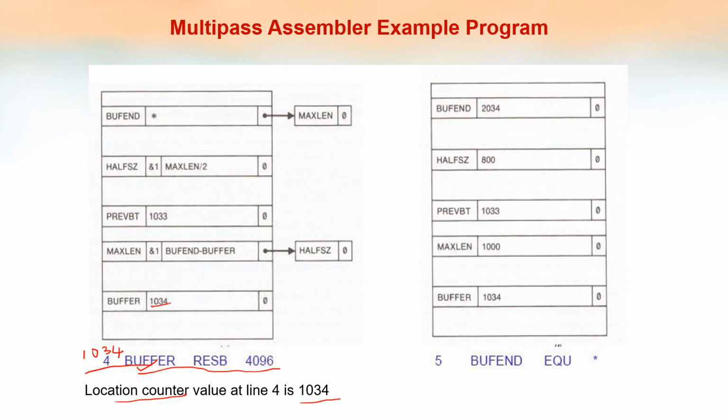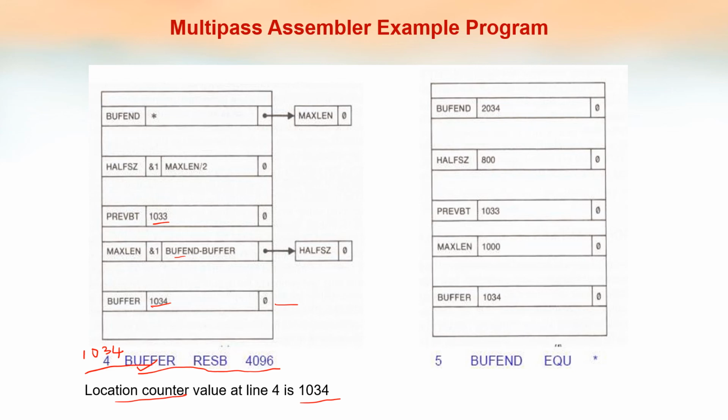So I check whether I can get any other value when I look at the dependency list of buffer. I can obtain those values. That is PREVBT, buffer minus 1. So 1033. Buffer is 1034 minus 1, 1033. Any other value? If I want Maxwellian, I should know buffend also. Then only I'll get the Maxwellian value. So this dependency list of buffer I can remove.